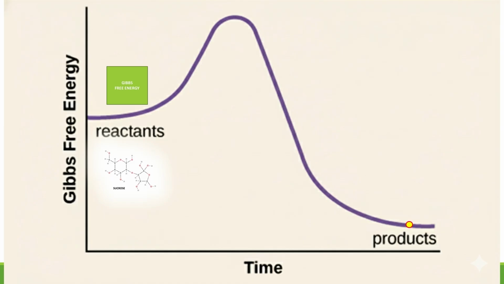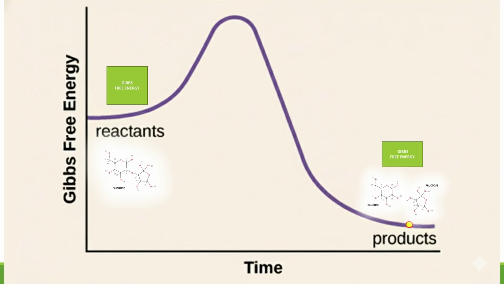Remember, the products of this chemical reaction are the two monomers that you get when sucrose is broken down, which are glucose and fructose. So here's our little glucose and fructose molecules. And as you can see, at the end of this chemical reaction, the purple line is resting at a lower point than it was at the beginning. It went up, but then ultimately it went down lower, which is showing us that the products of this reaction, the glucose and the fructose, collectively they have less Gibbs free energy than the sucrose molecule did at the beginning